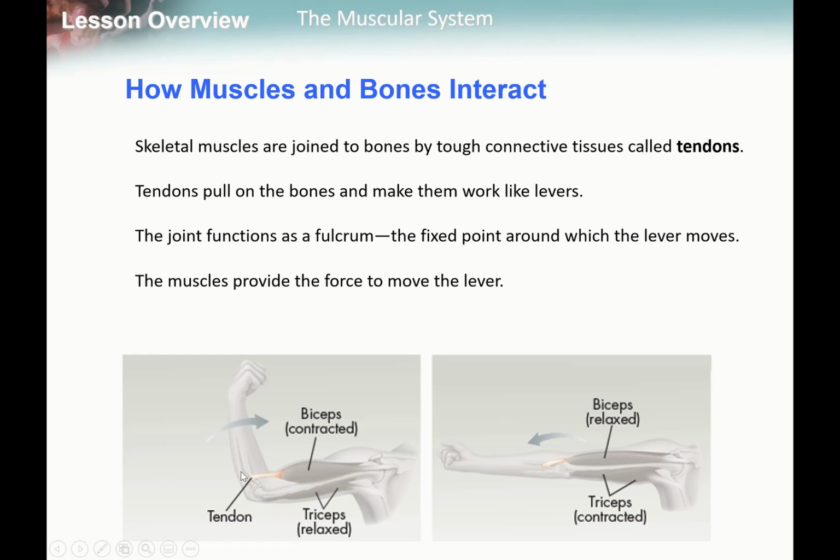So when the lever is pulled through that electrical stimulation and through that mechanical tension, it is the fulcrum which enables that fixed point in which the lever can move. Now once we have all of those in place and the muscle is contracting, then the limb will move and